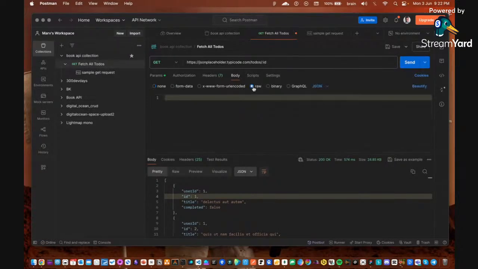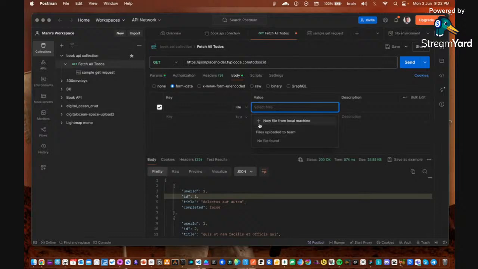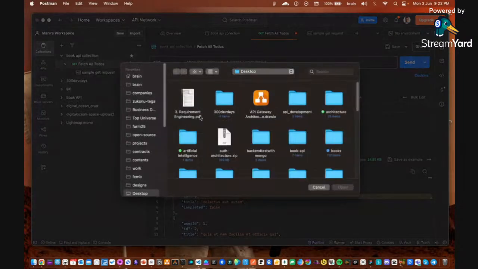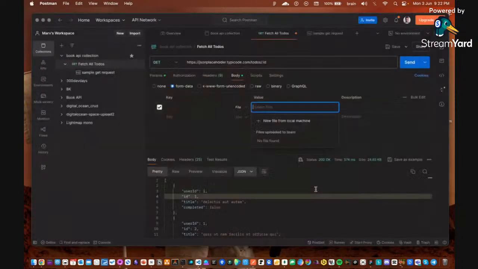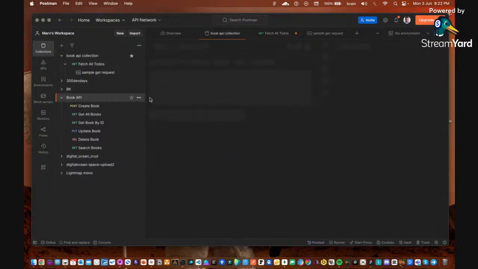If you select raw and you put in JSON, it shows that you want to pass a JSON object, right? Sometimes you might be working with GraphQL, or trying to send a file by using form data. So you can send either text or file in here, right? You can put a file and then you select the file from here. So if you're trying to send a music file to the backend, for example, you can basically put that in here. So just to show you what a practical example would look like, if I go back to the book API and I create a new,